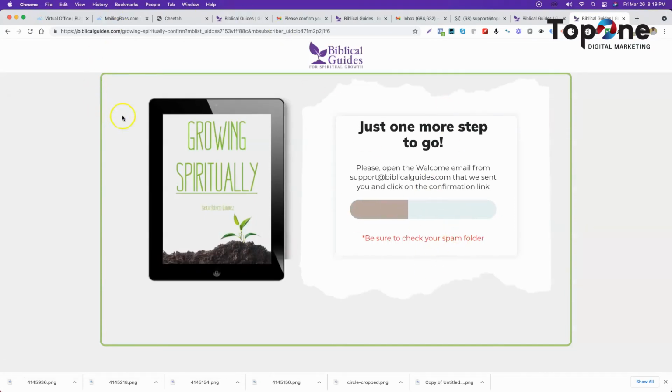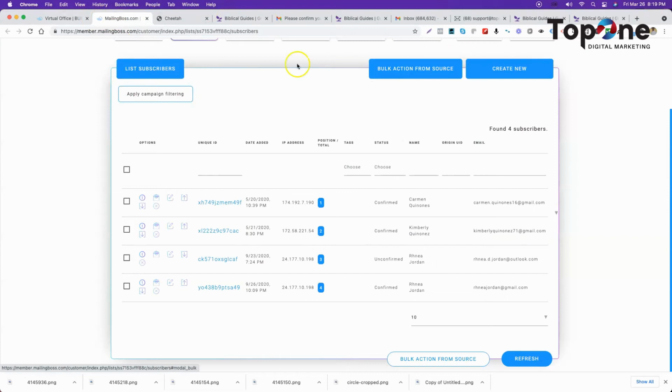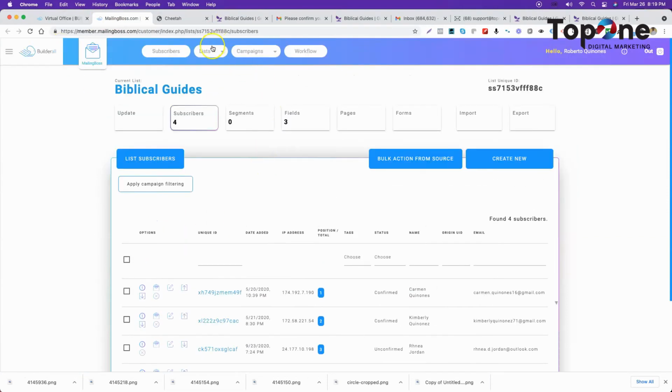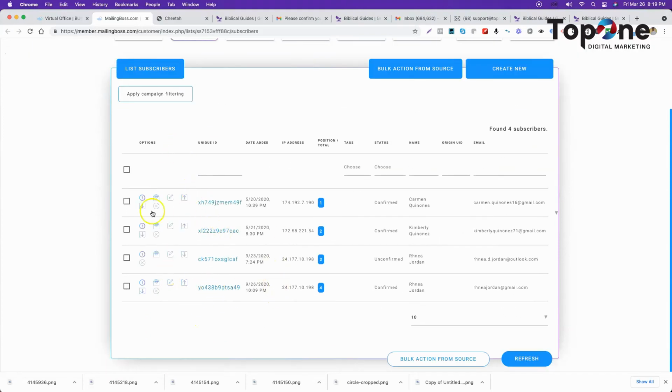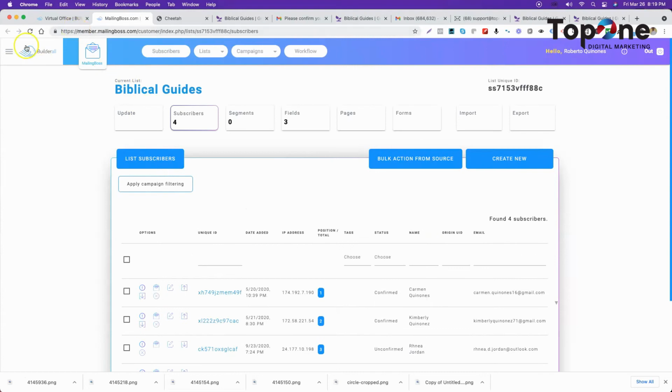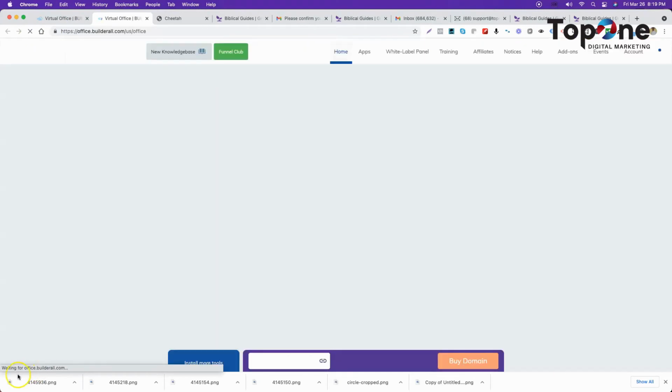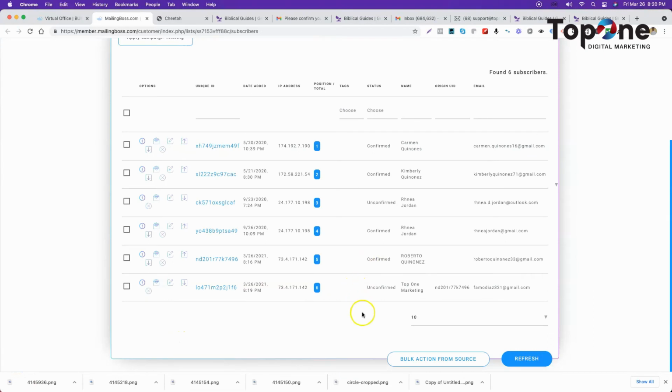Boom, same thing, okay? Now I want to show you real quick before I go to that email. Here is the list for the marketing, viral marketing funnel. You can see right here, when I refresh the page, here are the emails that just got registered right here on the bottom, right? One is confirmed. This email right here was the one I confirmed and then I shared. And then this person right here